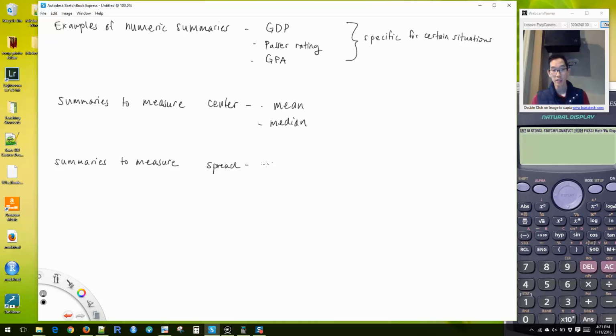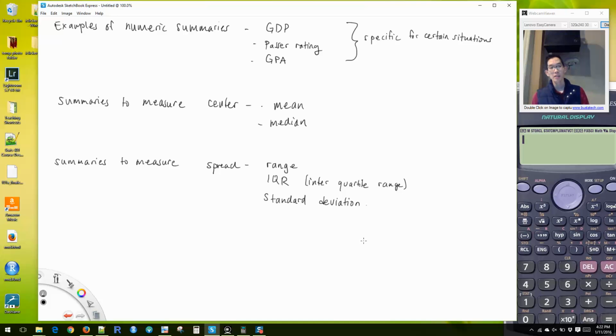These are things like the range, the interquartile range, the IQR, and the standard deviation. And our book